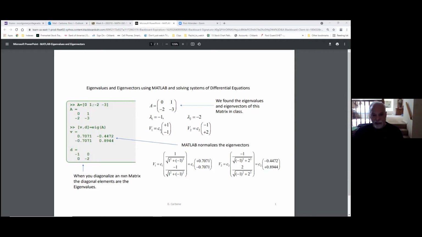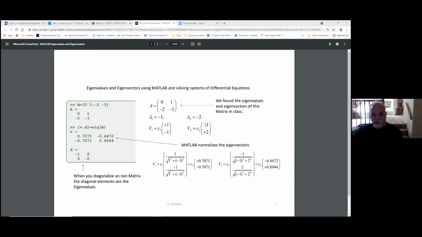Because C1, for example, can actually be negative. And if C1 is an arbitrary constant, so is C2. So if C1 is negative, then this can actually be -1, and this could be +1, right? Let's say C1 is -1. The same thing here too. This could end up being